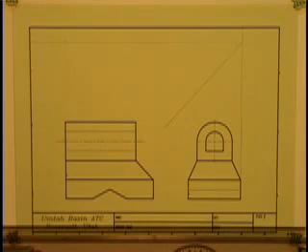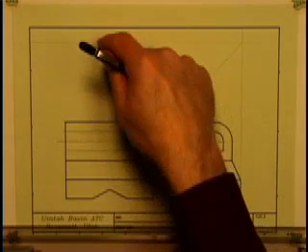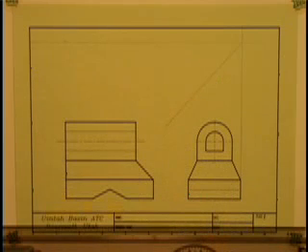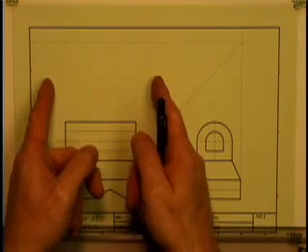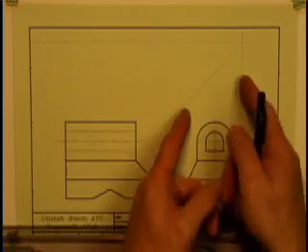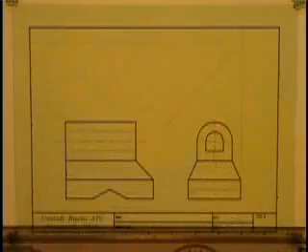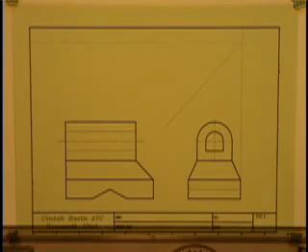That's how we will get our depth, this distance in the top view. We'll get our width by transferring from the front view. So the two dimensions that will be in the top view will be width and depth as it's transferred up there. Okay, so just like we did with our missing line problems, now we are going to